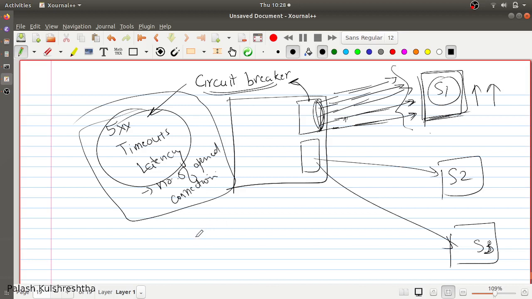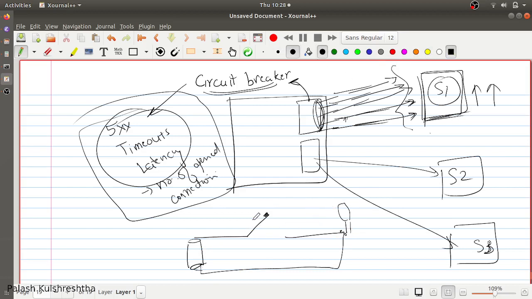When we say that the breaker is open, it is like a normal circuit. For example, this is your battery and this is your bulb. Since the connection is not closed, the bulb is not going to glow.